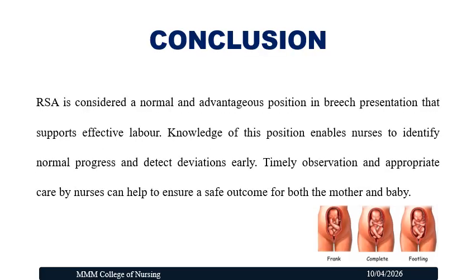Conclusion. Right sacroanterior is considered a normal and advantageous position in breech presentation that supports effective labor. Knowledge of this position enables nurses to identify the normal progress and detect deviations as early as possible. So, timely observation and appropriate care by nurses can help to ensure a safe outcome for both the mother and the